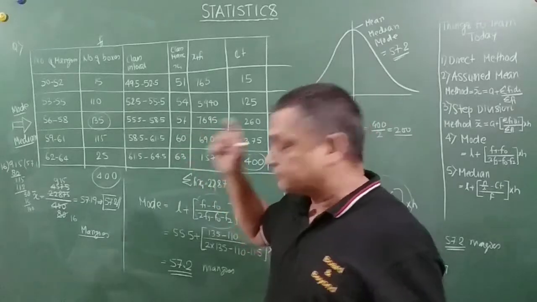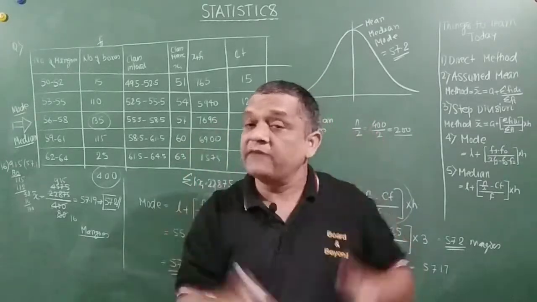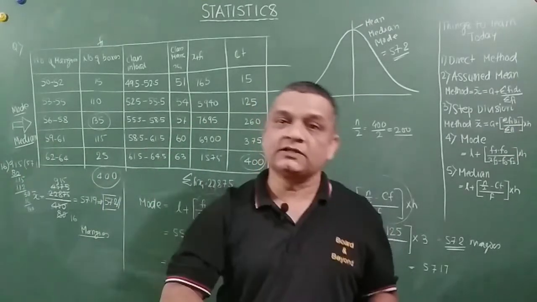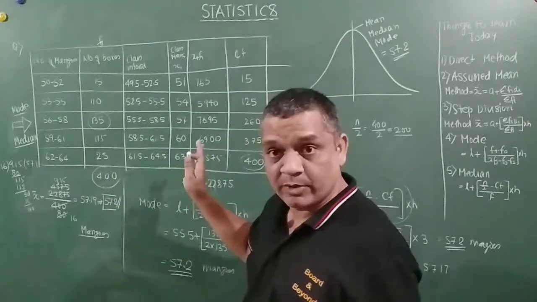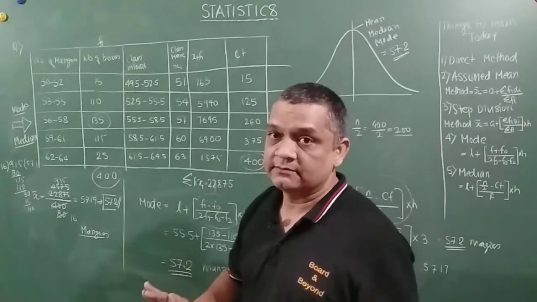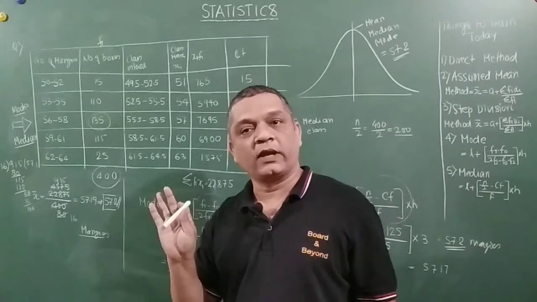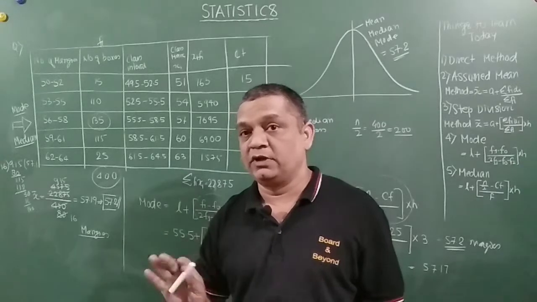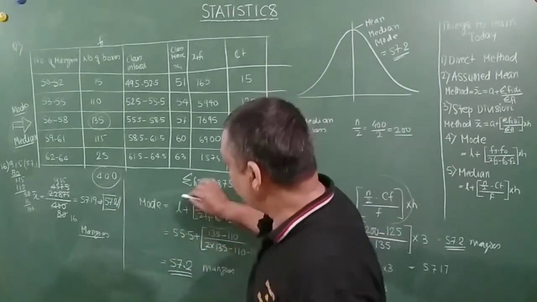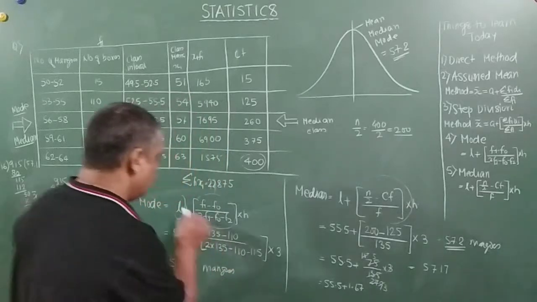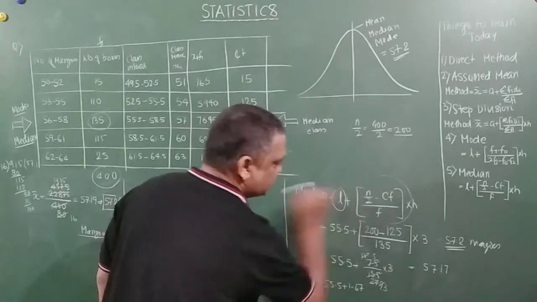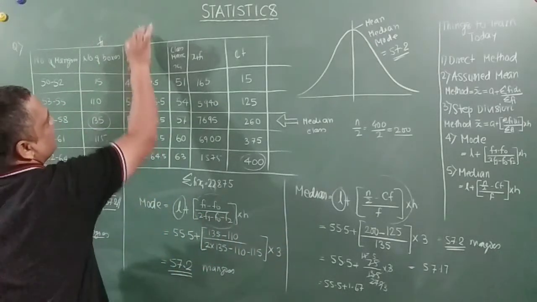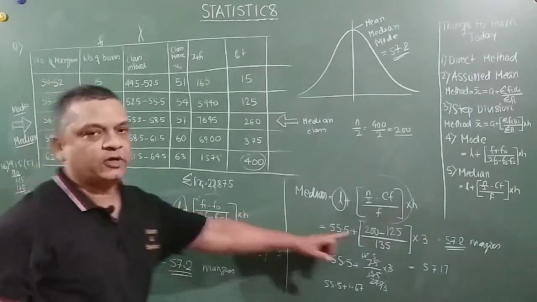And one more thing, there can be two types of data given to you, either exclusive or inclusive. If it is inclusive, make it exclusive like this and then solve the problem, otherwise things may go wrong. Maybe you may escape if you have to find just mean, but if you have to find median and mode, you will not escape, because this value will change. The lower class limit will change. If you find the mean and median without doing this, then you are gone. This will be wrong.